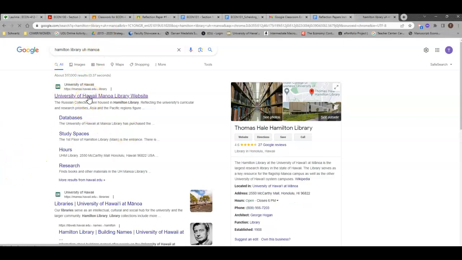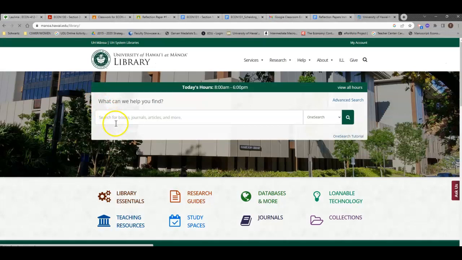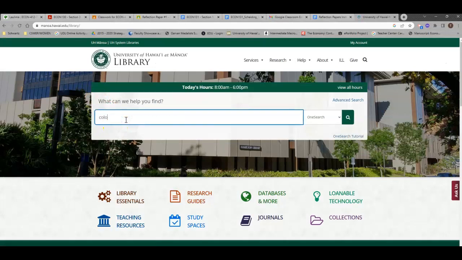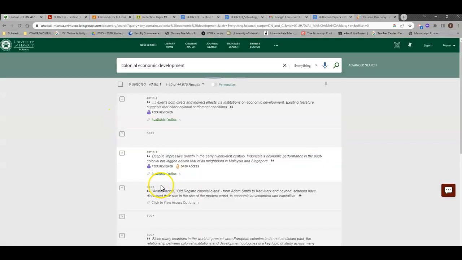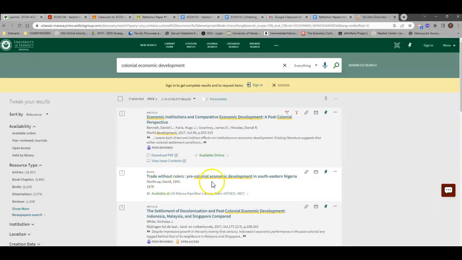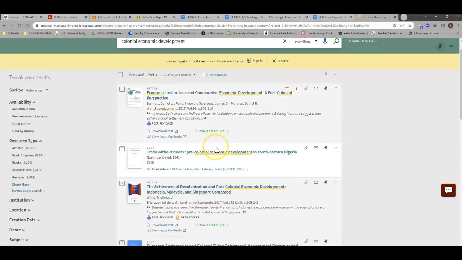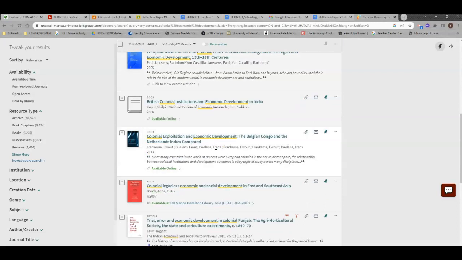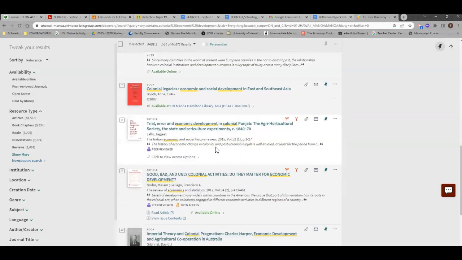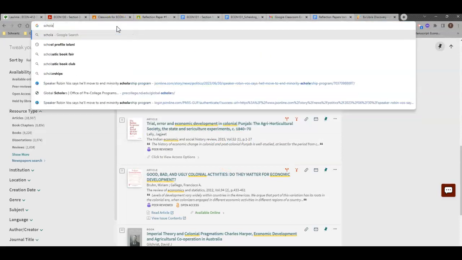Use the library website, which is actually pretty darn good. Okay, so I'm just typing in a search term here. And now, I have to sort through this, but I'm actually getting some really good references. And then if you don't find anything you really like as you fine tune that even more, what I would suggest is you go to